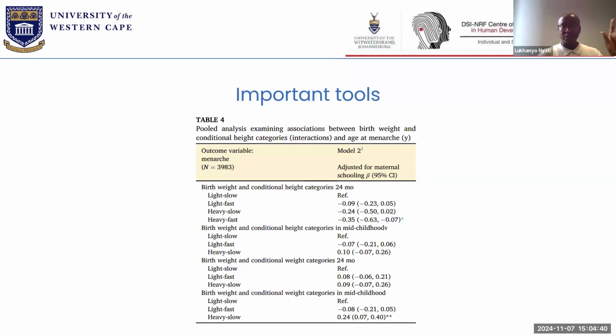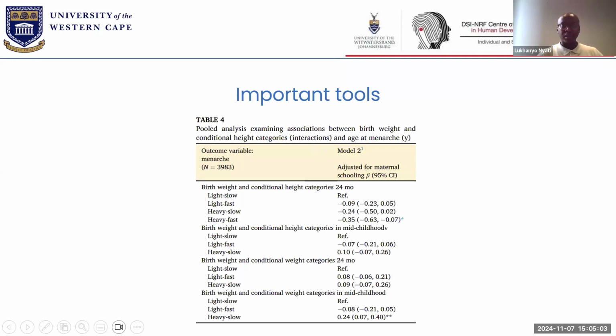It was associated with both the outcome as well as the exposure. So it's a confounding variable. All right. So we needed to adjust for it. All right. So we showed that yes, being born heavy and experiencing fast linear growth is associated with an earlier